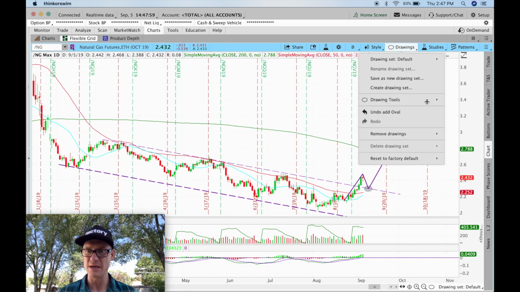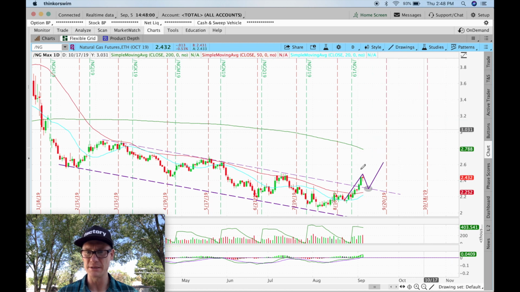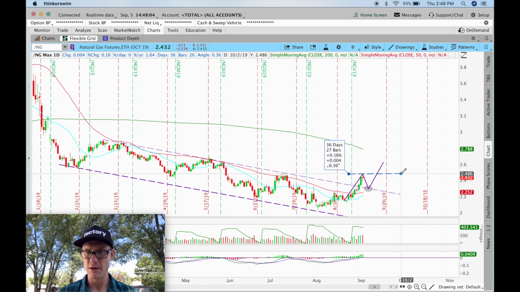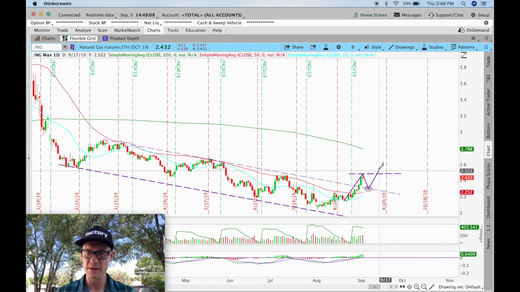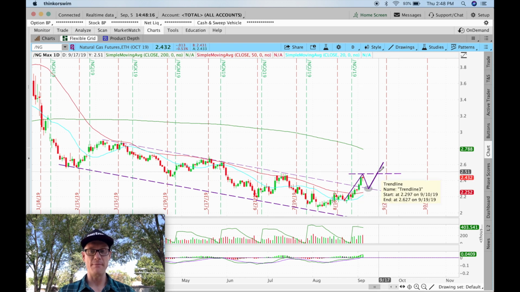So to illustrate that, I'll just draw one more line on this. But if we get a break through that level, this would be the first price action to set a higher high beyond here. And this is a great buying opportunity because this, well, and before I say it, I almost blew it.